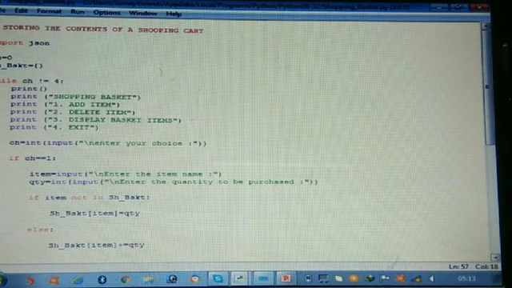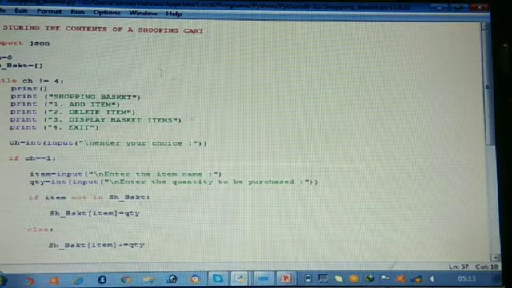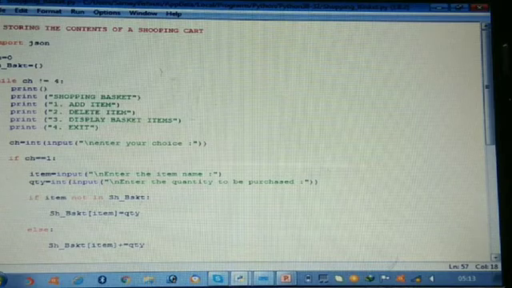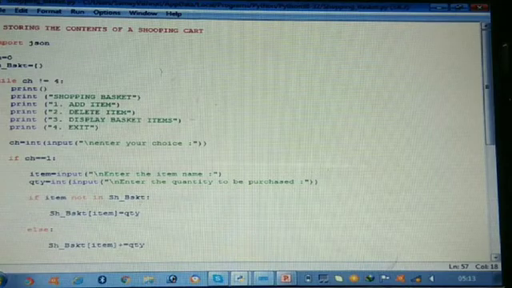That means what is the key? Item is the key and quantity is the value here. Okay, else if the item is already present and we are adding a few more of that item itself into the basket. Let's suppose pen is the item. We have already got 3 pens in the basket, and now we want to add 2 more pens into it. So that means in all it should show 5 pens, right? So this is what we are doing here. We are adding the quantity of the items in the shopping basket.